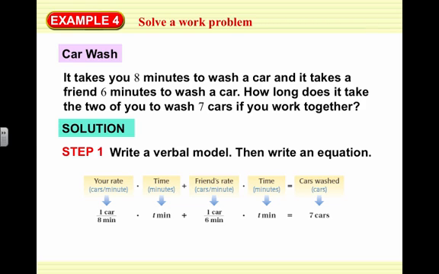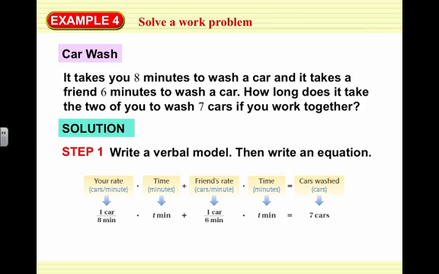So you wash 1 car every 8 minutes. That's the rate. That's the number of cars per minute. You get 1/8 of a car washed in a minute times t minutes, the total amount of time y'all are going to work together. Okay, plus your friend's rate, which is 1 car for every 6 minutes. So your friend gets 1/6 of a car washed every minute. And then times t minutes, however long y'all are going to wash together, and that's going to equal the total